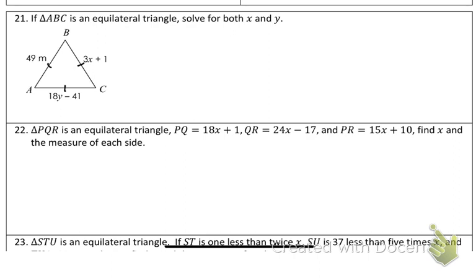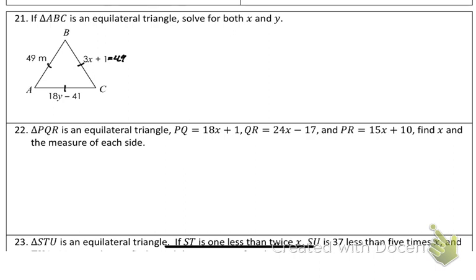If AB is 49, how long is BC? 49. How long is AC? So they're all equal to 49, right? So that's where we're going to steal our equation from. We're going to say they're all equal to each other. So 3x plus 1 must equal